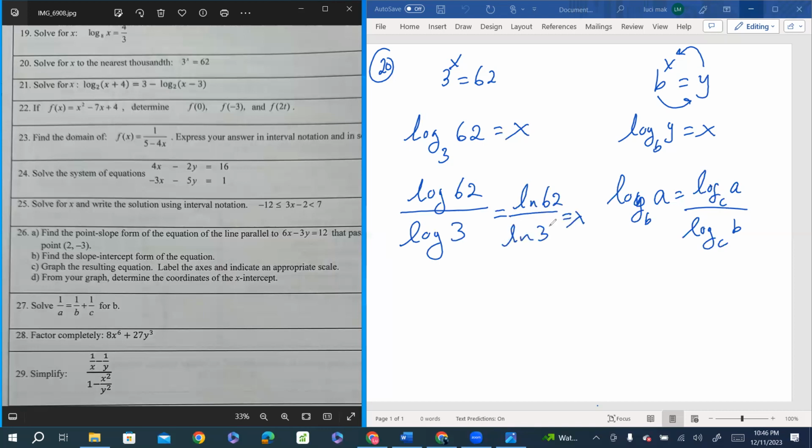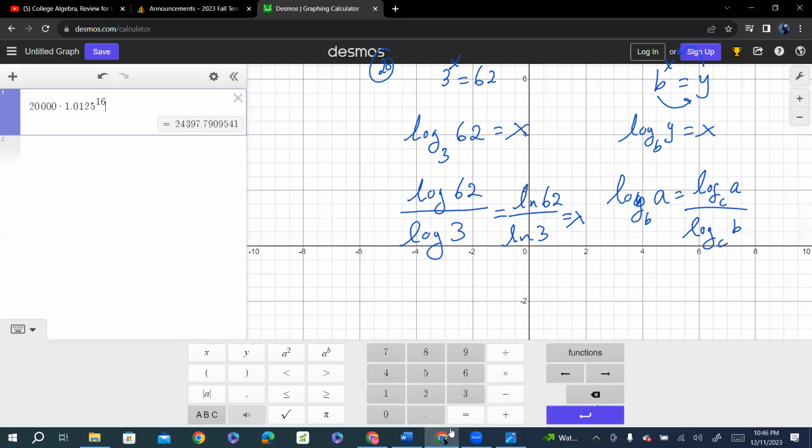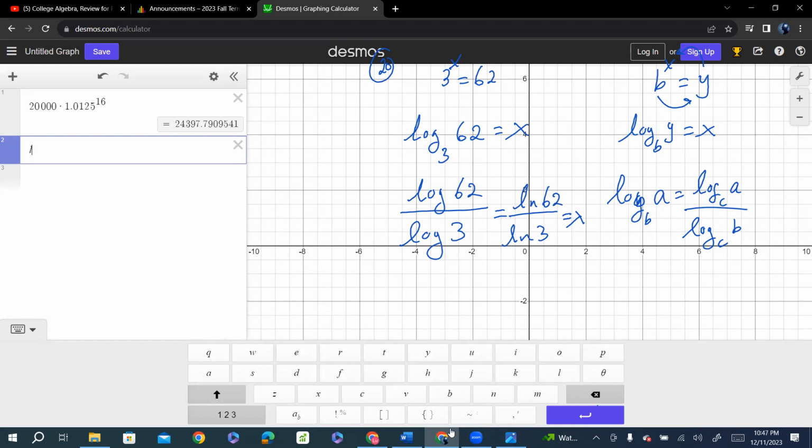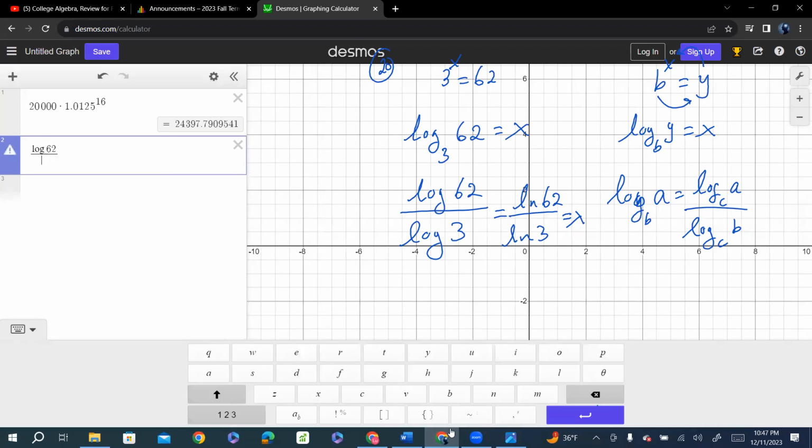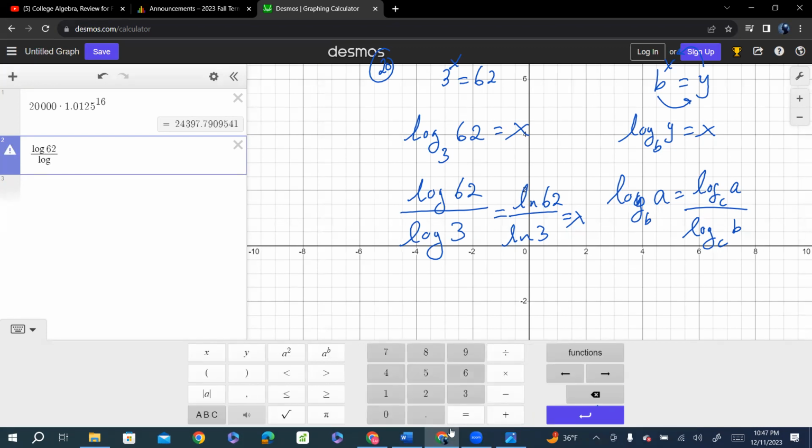Let's use our calculator and find the answer here. So let me go back to my Desmos calculator. Where is my Desmos calculator? Okay, so let's come back here. So I'm going to type log. Do I have log? I guess I've got to go to functions. I think I should be able to type log. So log 62 divided by log 3. The answer I got is